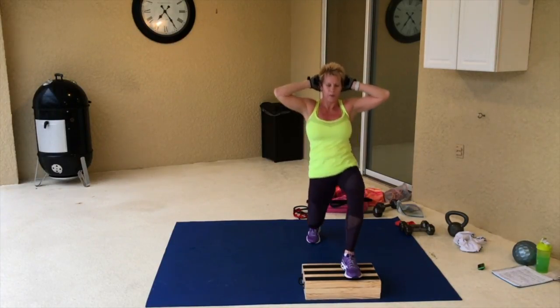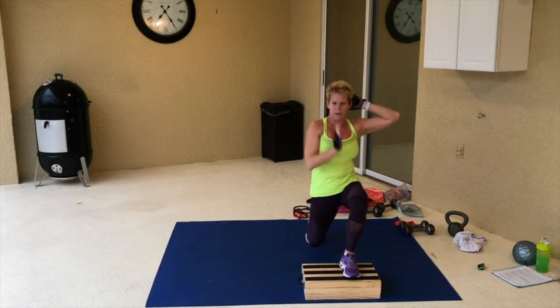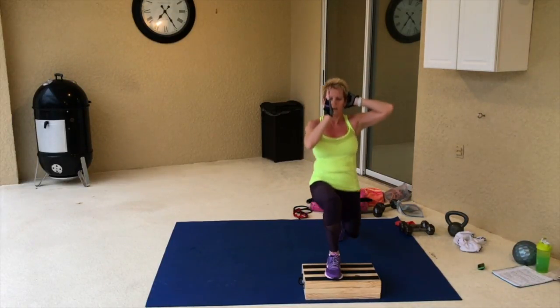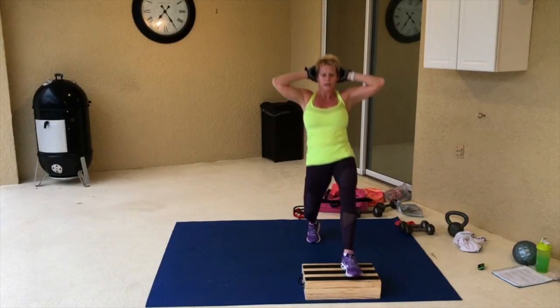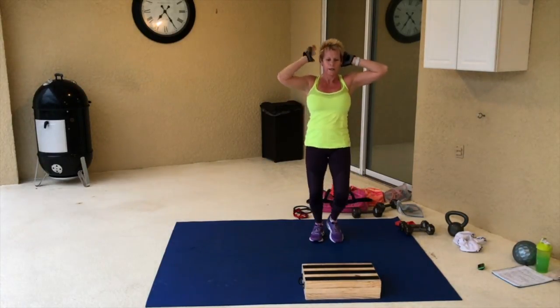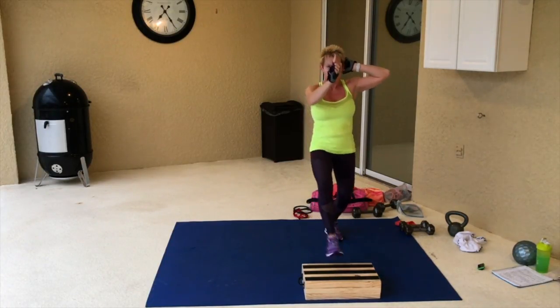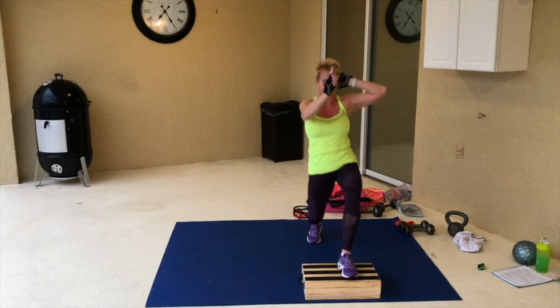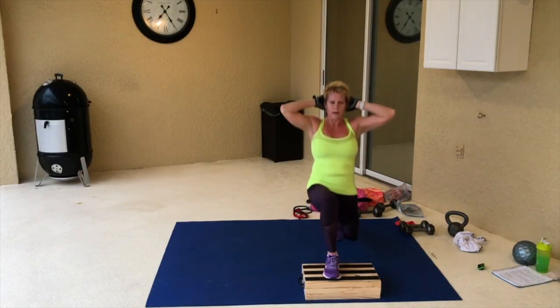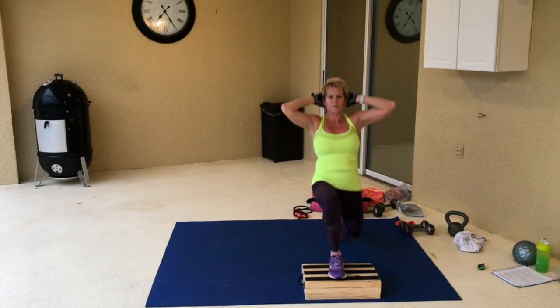Here's 7. So don't lead with the chest. Keep it like you have a rod. Here's 9. Up and down in your spine. 10. Try and look at a point towards the ceiling so that you keep your head and neck lifted. That way you won't lead with your chest and you won't feel it in the quads. 14,